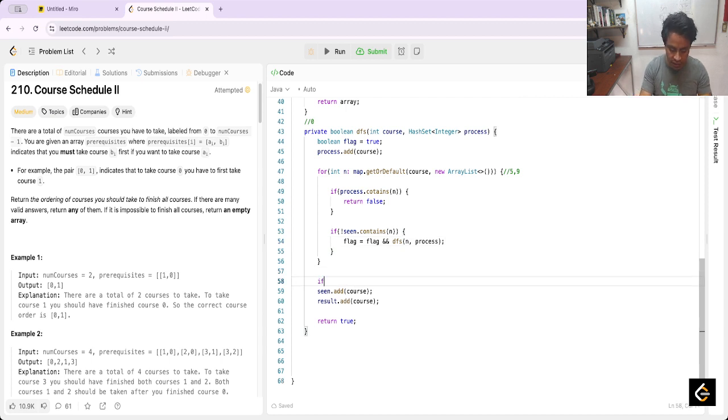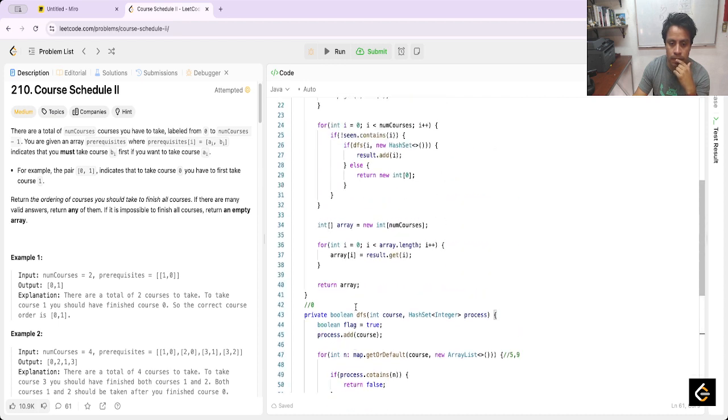And here, if flag is false, return false. If here at any moment it returns this,